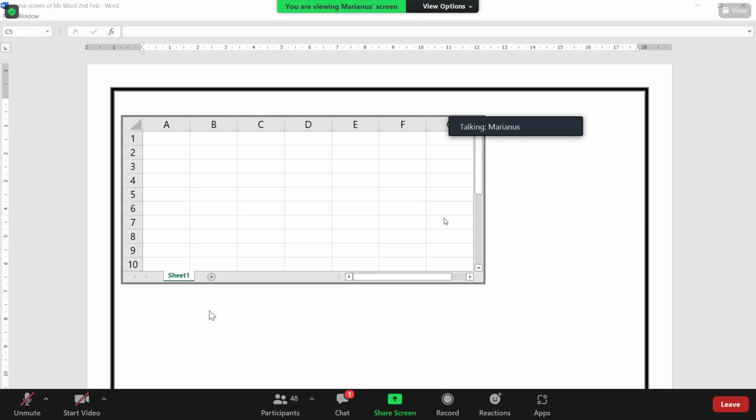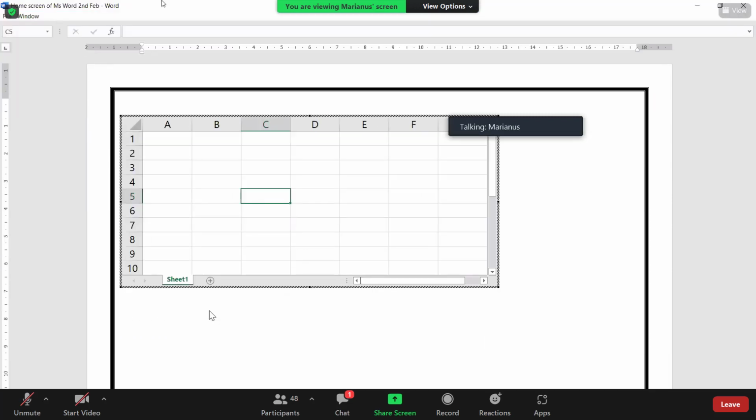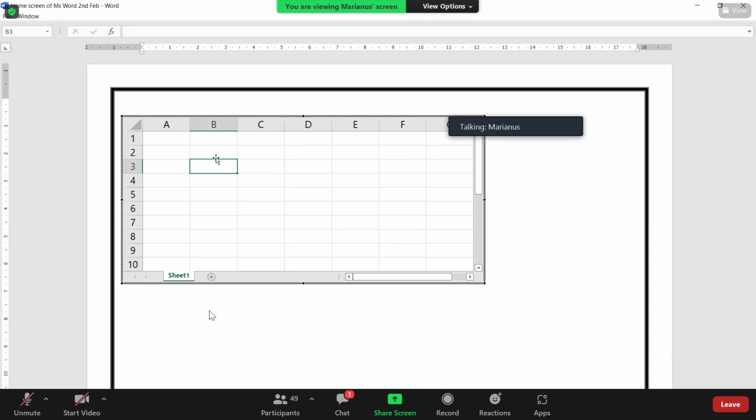We can use Excel, right? So if I click outside, this Excel will disappear. If I want to bring it back, I double click here, right? So as you can see here, it is active here. Okay. So for example, if I want to write something, maybe I want to add. There is a function called sum function for adding in Excel.